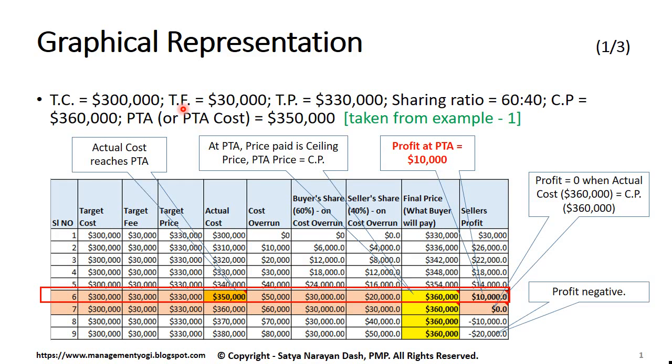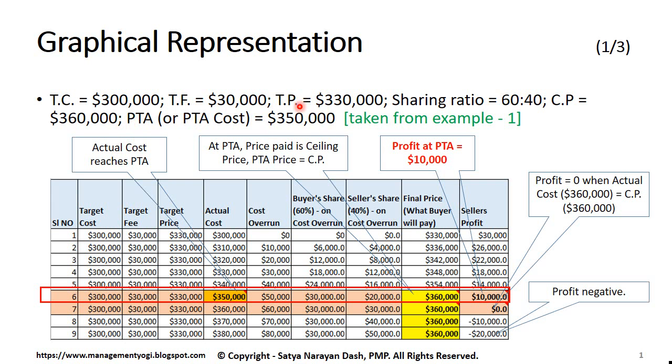In this video, we'll be seeing the graphical representation of PTA that we just saw in an example. This is not important from the exam point of view, but this will clear a lot of concepts about target cost, target fee, target profit, the PTA price, the selling price, and it is useful to know. So we have our case where target cost, target fee, target price, and sharing ratio, and the PTA was found